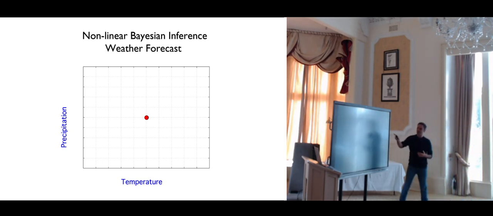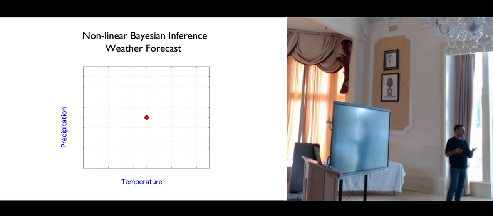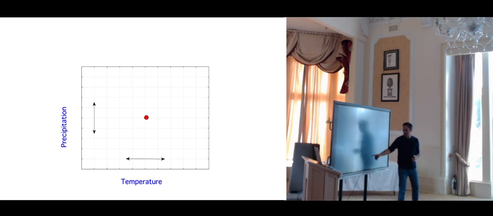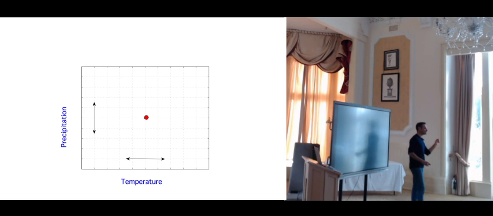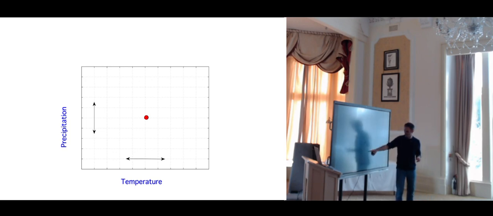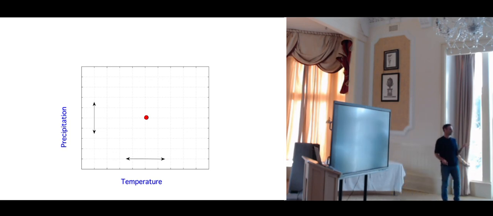But at the same time, it's not very good because you don't have uncertainties on that. If you want to be a bit more rigorous, you want to add uncertainties. And if you add uncertainties, it's better in the scientific way because you say, okay, the temperature tomorrow is going to be 20 degrees plus minus 1 degree, and same for the rain. But at the same time, you now have 4 numbers to give. You have 2 numbers for the temperature, the mean and the standard deviation, and the mean and the standard deviation for the precipitation. So you have to talk about 4 numbers. The level of knowledge is more accurate, but at the same time, you have to give more numbers. It's more difficult to visualize and to communicate.